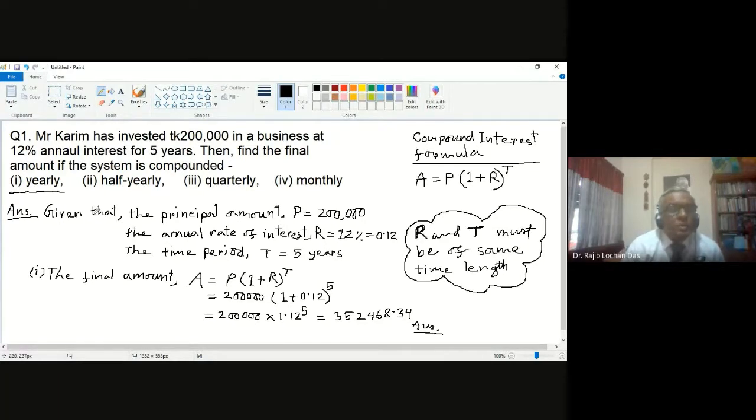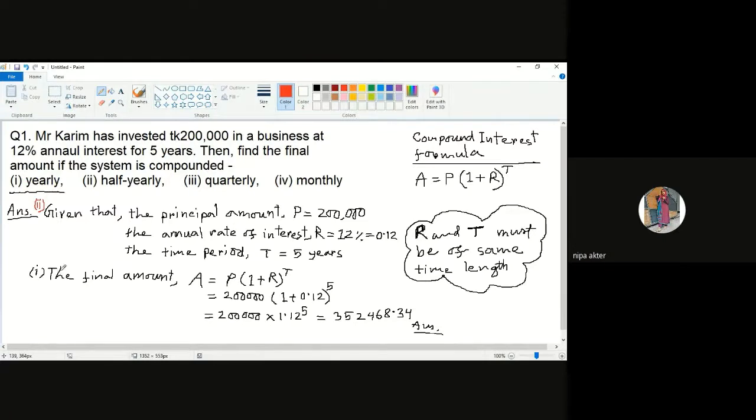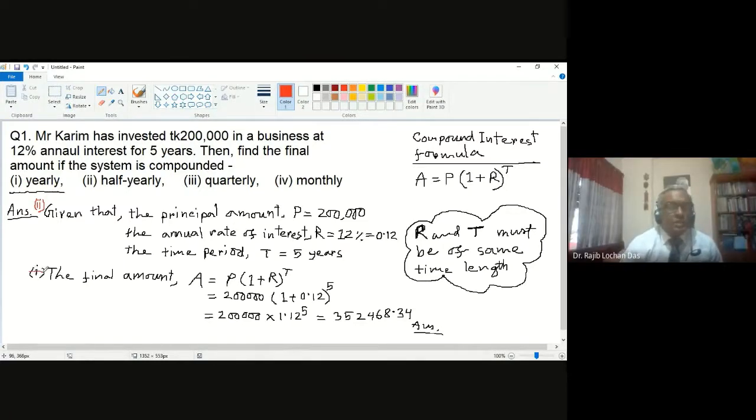Now, if you want to calculate the second answer also, what changes will be made? The information given is the same, but in the formula, you have to apply a different thing. So what is the different thing? I am doing this again for number 2. So up to this, is this all right? Do you have any question about number 1? No, sir. Okay, then let me do number 2.